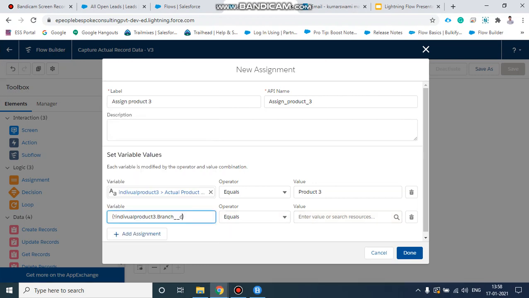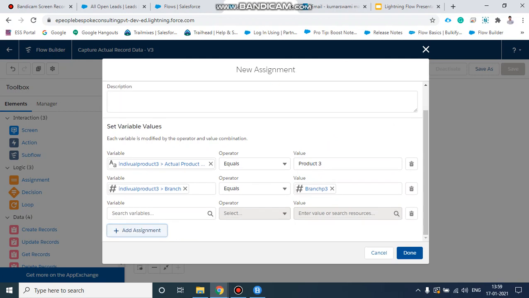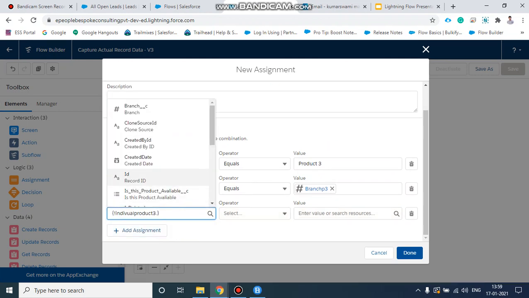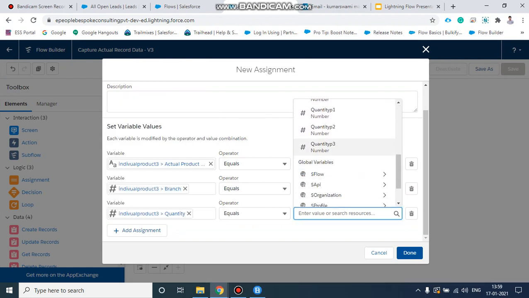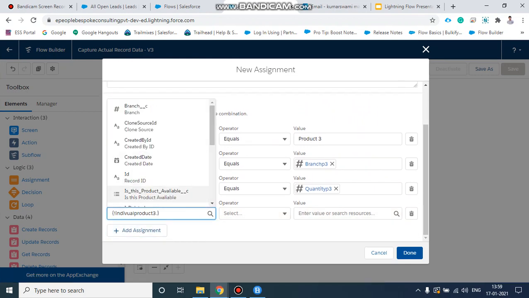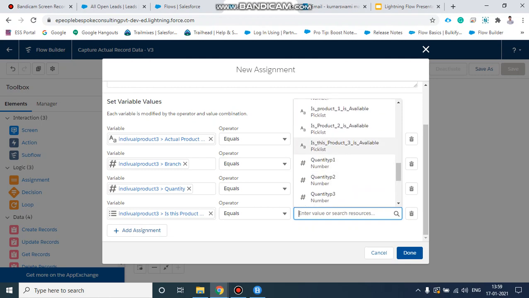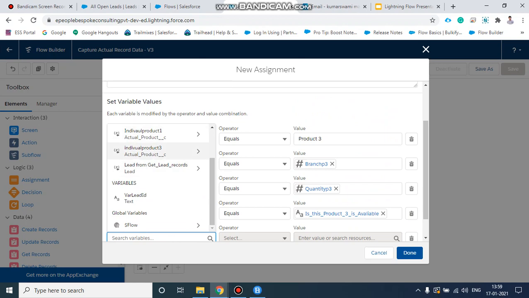Then for product 3, taking branch equal to branch 3, then taking quantity, we need to map with quantity 3, it should be mapped with is this product available 3 and lead id.